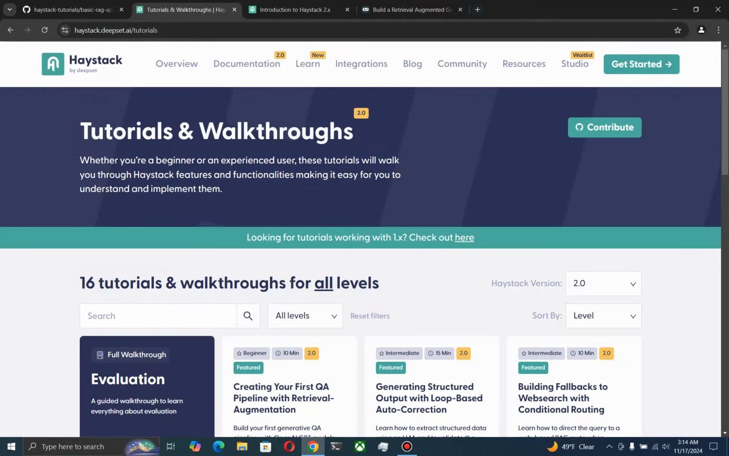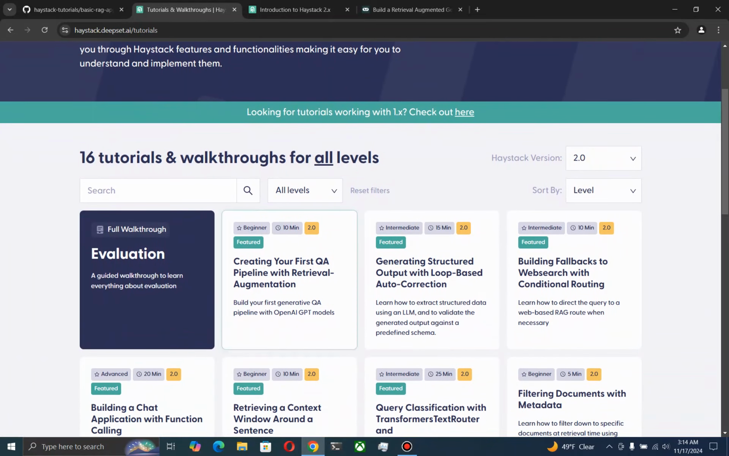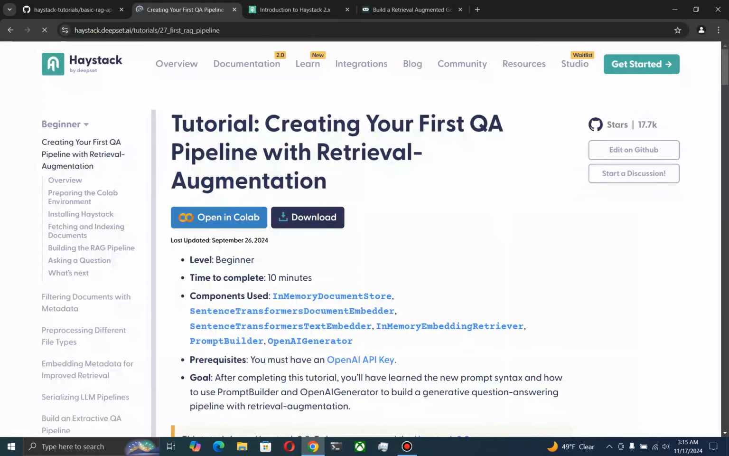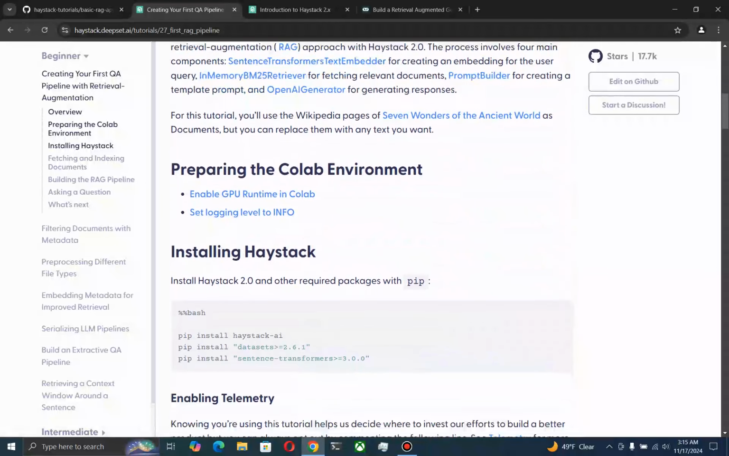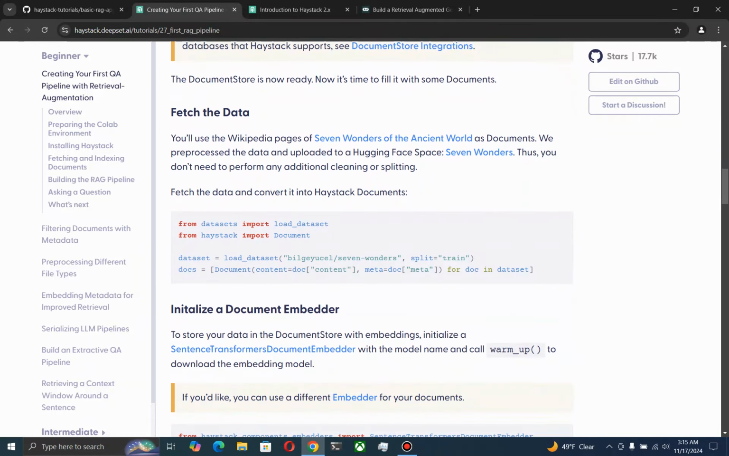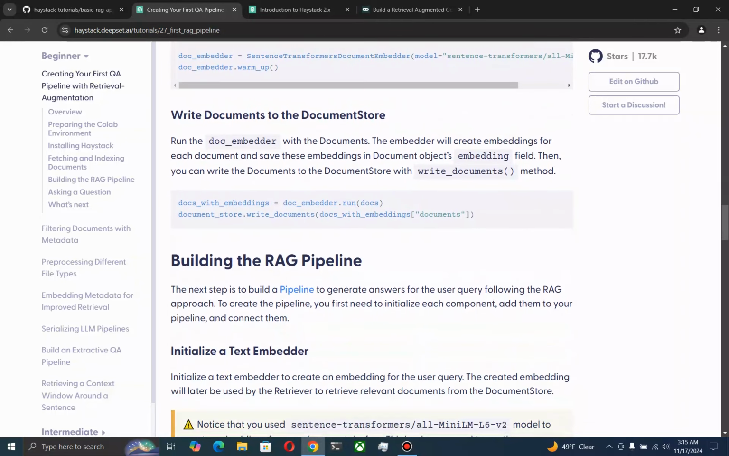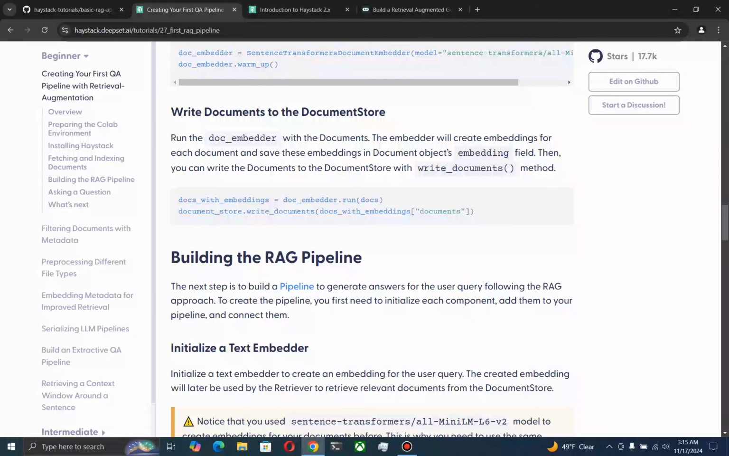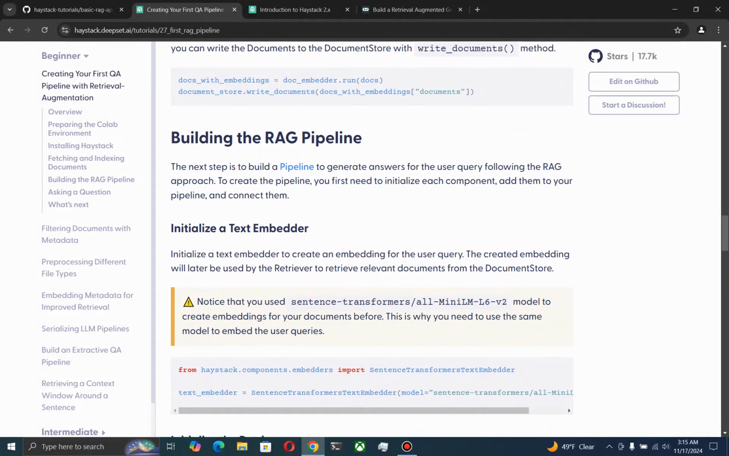applications. So if you just go to the Haystack website, you should probably see a tab that says documentation. I'm going to follow through an example very similar to this one right here called creating your first QA pipeline with retrieval augmentation. And here they use OpenAI, they use in memory store for the vector store, document store. I'm actually going to use Google Gemini, and then I'm also going to use Sentence Transformers